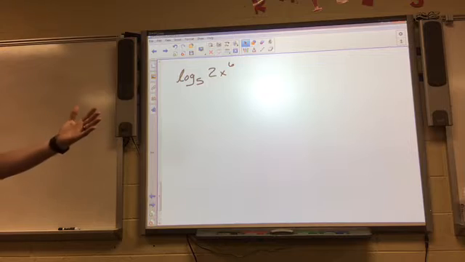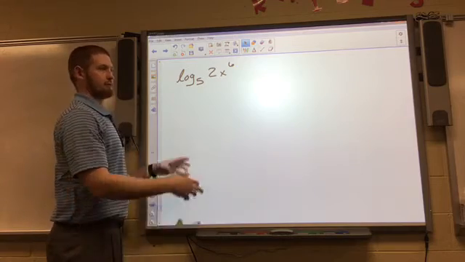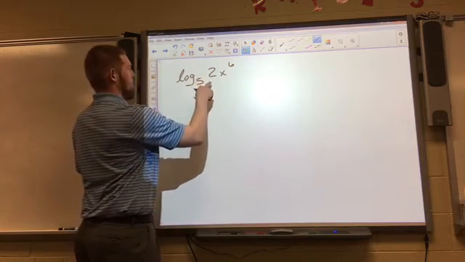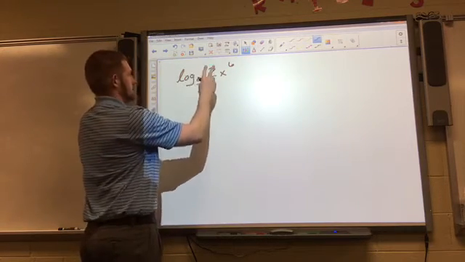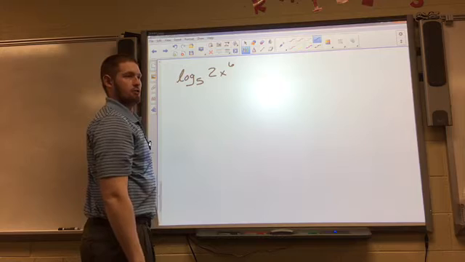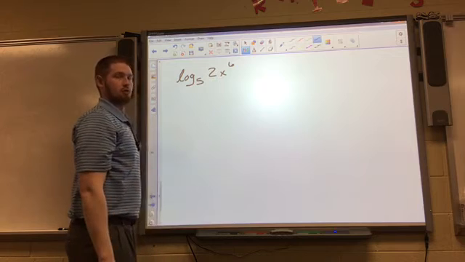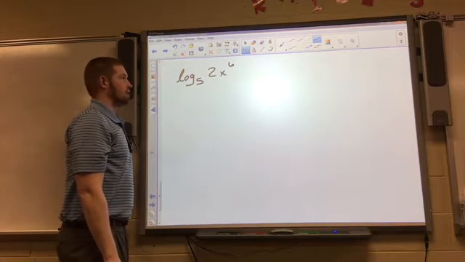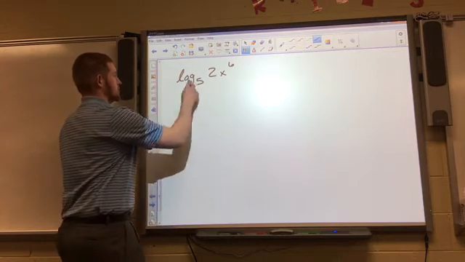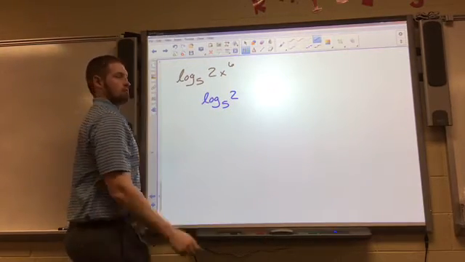So expanding is getting longer, right? So I want to make this as long as possible. It's like when you have things factored out, it's like foiling and getting it together. You're making it longer. Okay, so first thing I notice is something about my 2 and my x. What's happening there? There is 2 of them, but what are they doing to each other? Yeah, it's 2 times x. So I can use which property? If I'm multiplying. Product. So this can be split into log base 5 of 2 plus